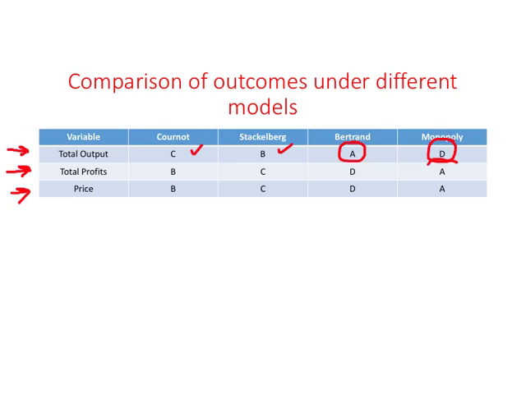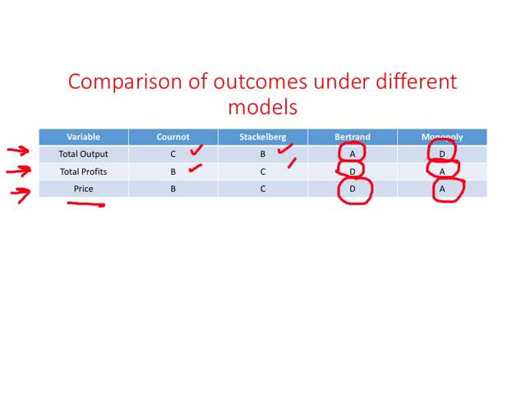When two firms combine together and behave like a monopolist, they'll earn the highest profit. Under Bertrand, because they get into a price war, they will earn the lowest profit. And then you have these rankings for Cournot and Stackelberg. What about price? It's very similar to what you have for total profits. The price charged by a monopolist will be the highest, and the price charged by firms under Bertrand will be the lowest.